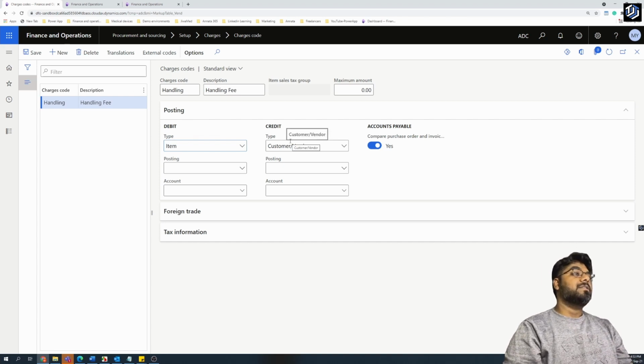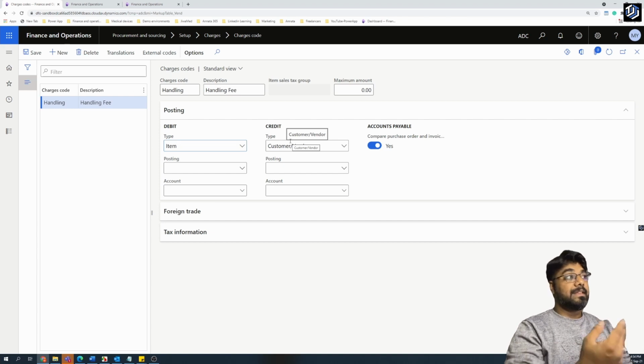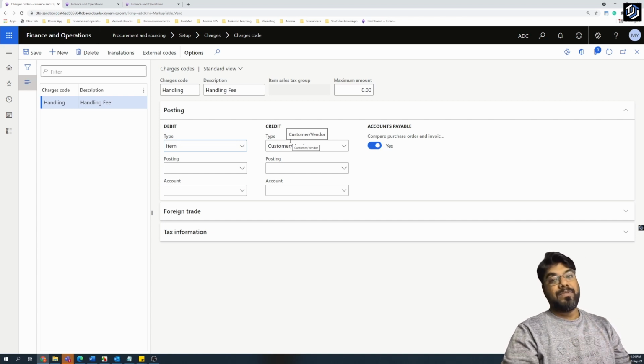Okay, just in case, in some cases, we do not want to add the additional charges as a part of your item cost price. In this example, it's a handling fee, but it could even be an internal miscellaneous fee or a service fee which you do not really want to add as a part of a cost price of an item, because it doesn't make sense, because it is just an additional add-on fee and you do not want to relate it with